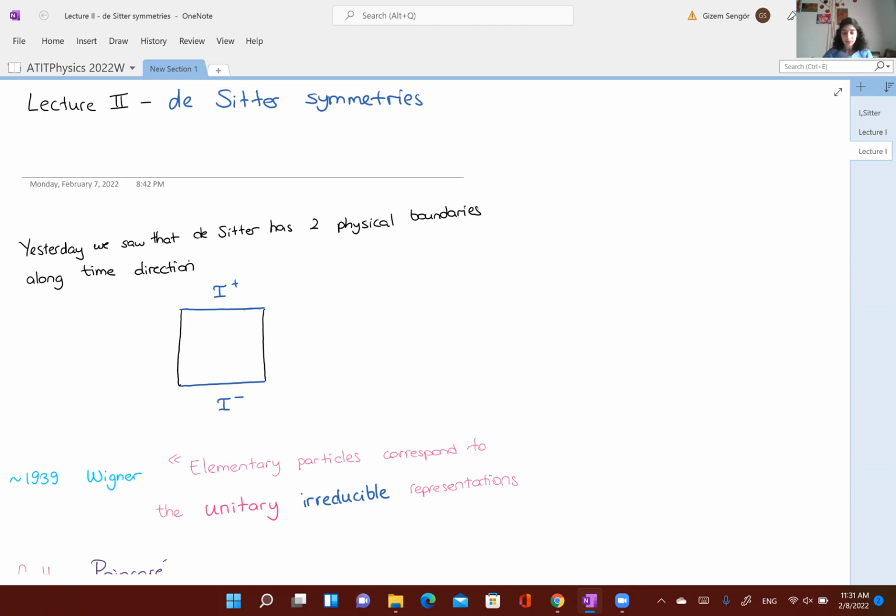Yesterday I said the discussion was GR friendly, and today it is going to be quantum field theory like. So today we will focus on symmetries. Now,